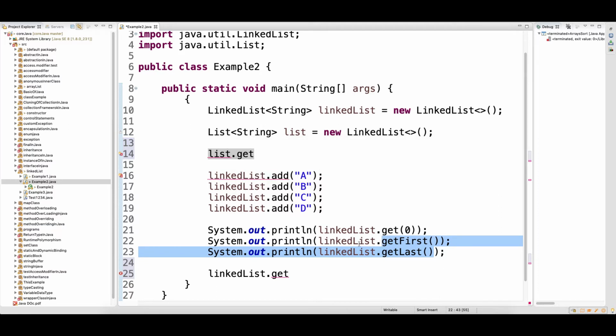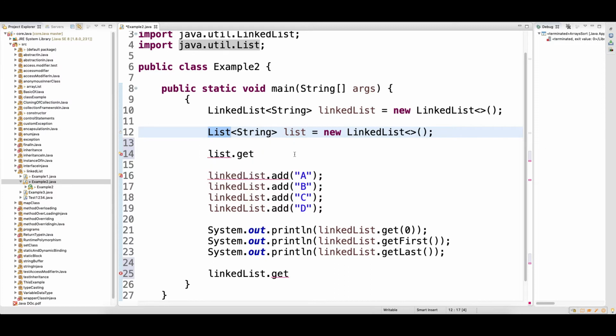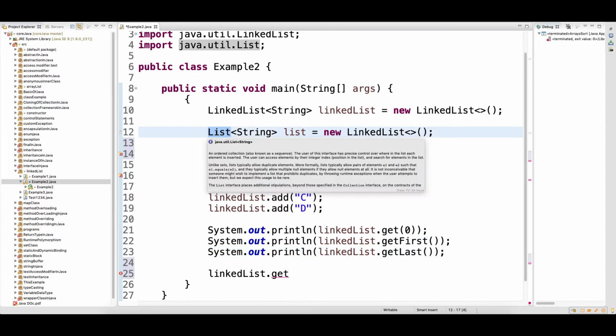Now the question is why we don't have these two methods in the List interface. The answer is, if you write these two methods in List, there are three classes which implement the List interface: LinkedList, ArrayList, and Vector.